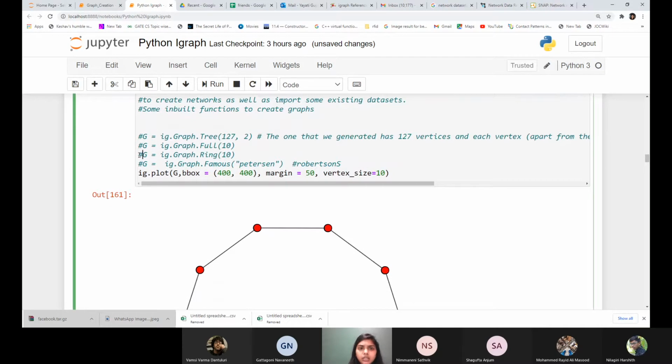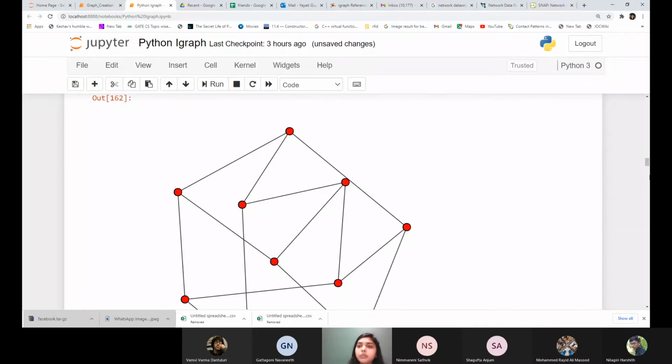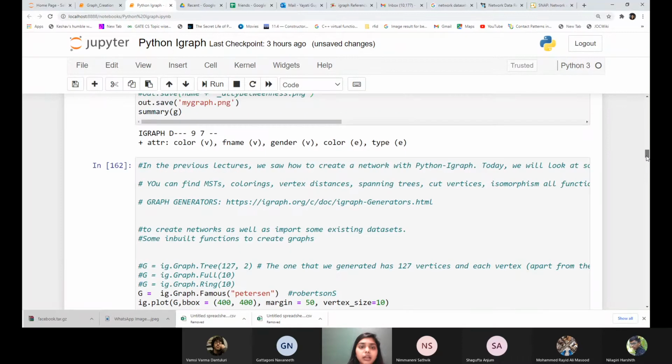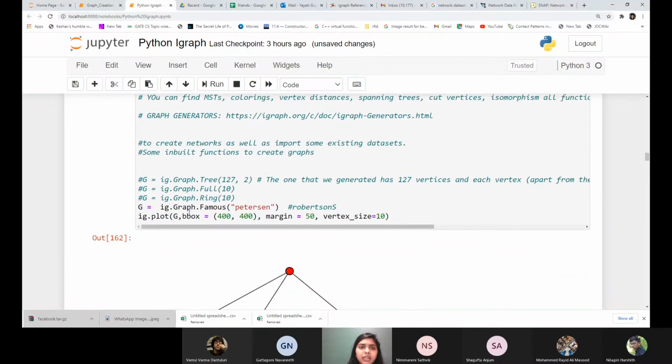You can also generate some of the famous graphs like the Petersen graph or the Robertson graph. You might have studied them in your graph theory course. The Petersen graph is a very well-known graph used to study theoretical properties of graphs. You can generate a Petersen graph over here. This is how Petersen graphs look. And you can also pass some other famous graphs here. So let me pass this one over here.